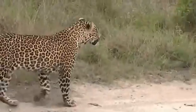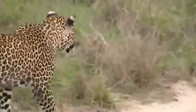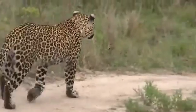As I mentioned earlier folks, this leopard is in its prime. It looks very intense. It may have seen something up ahead. Now it is a youngster folks, it's just about 2 years old, and you can see it is stalking something. This is wonderful. But due to its age,